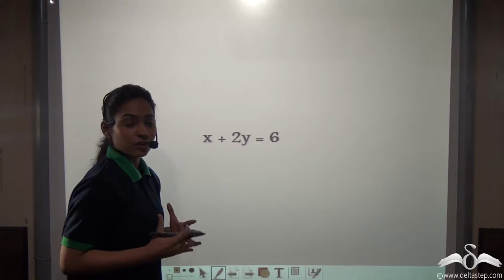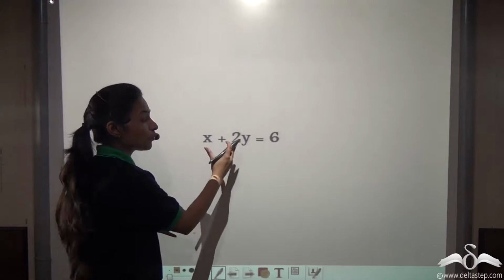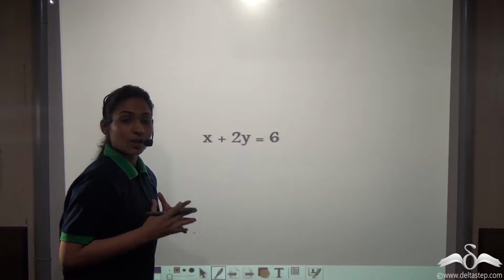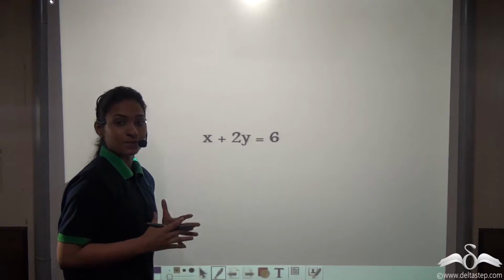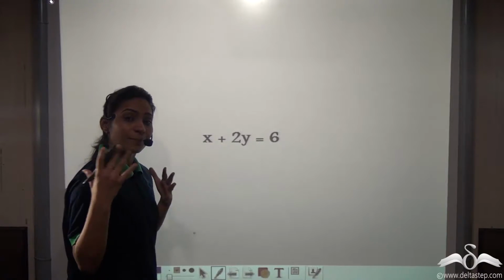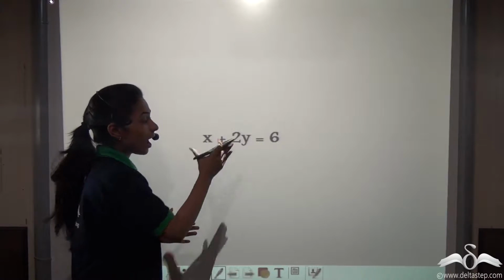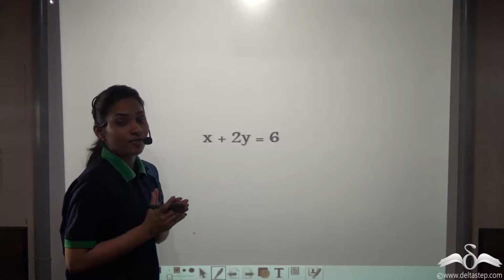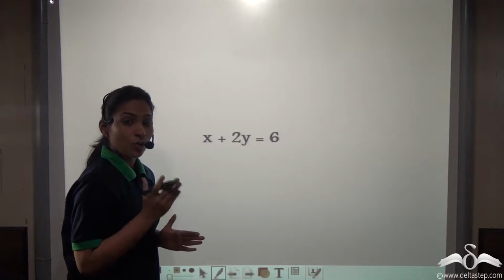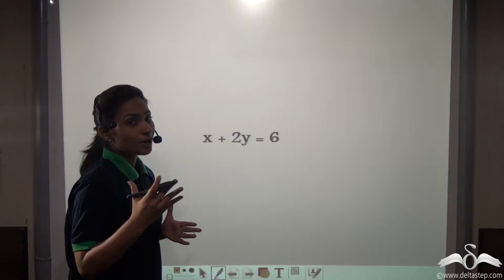So far you have learned how to obtain the solutions of linear equations in two variables algebraically. Now let us look at their geometric representation. Well, you know such equations will have infinitely many solutions for x and y. So let's see how we will plot them on a graph paper. For that you need to know what Cartesian planes, or you can say the coordinate axes, are. Recall what they are.